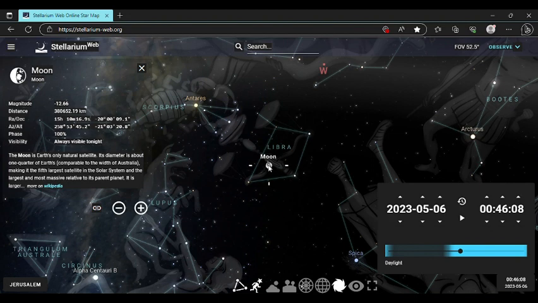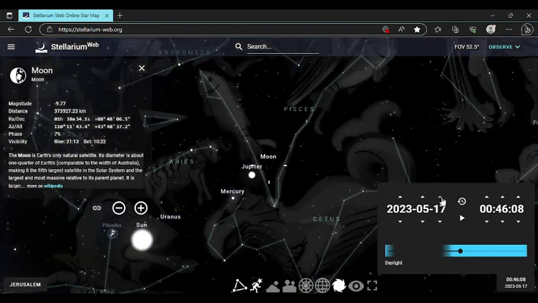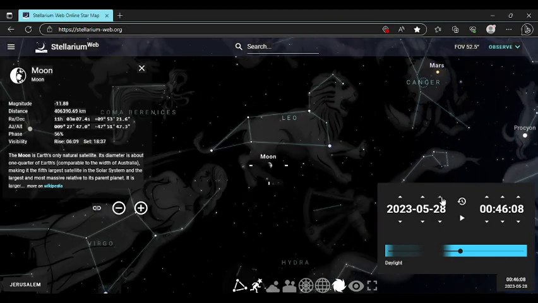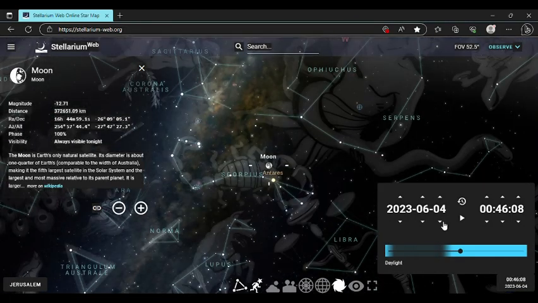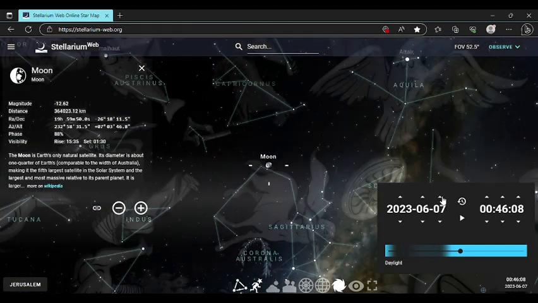That's why Stellarium won't show it go red. It stays white. And we're going to go forward to the next full moon, and it ends up being in the Scorpion, 100% full.